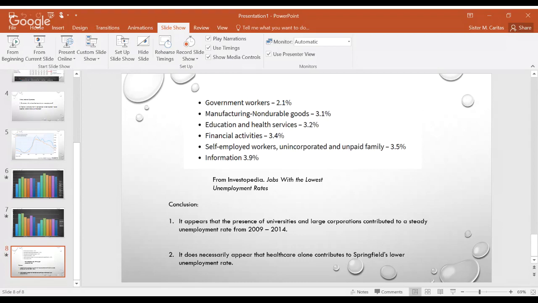So I wanted to understand that. Springfield started with a slightly higher unemployment rate at the beginning of the time period that we studied, but did not peak anywhere near Peoria. They peaked out at a little over 8% unemployment, and then were able to drop just steadily, not anything substantial.